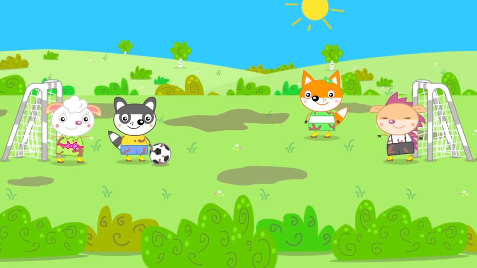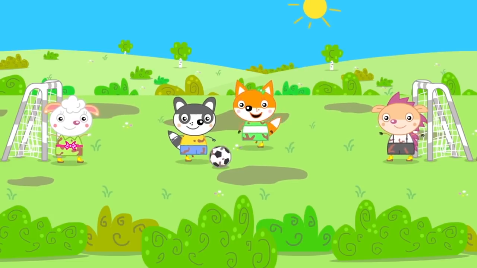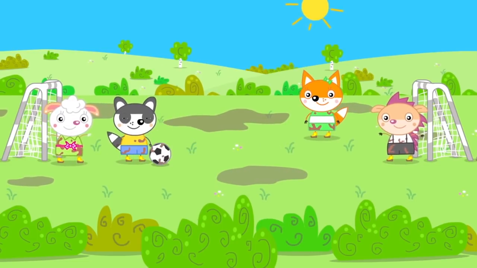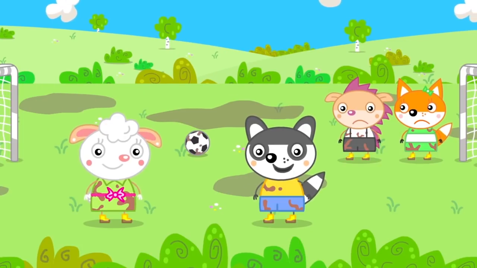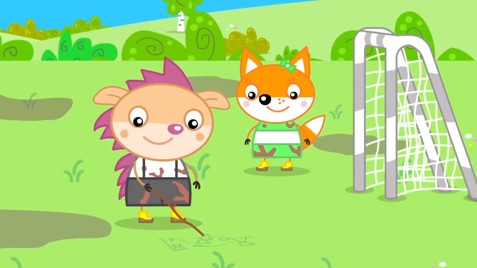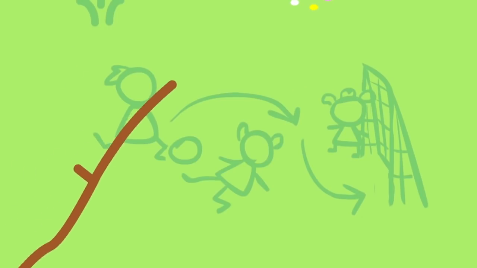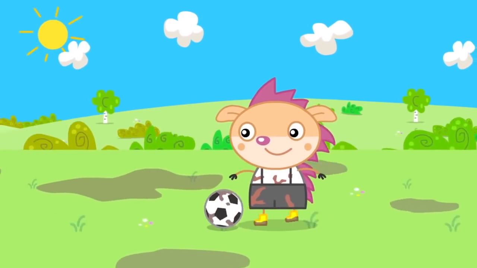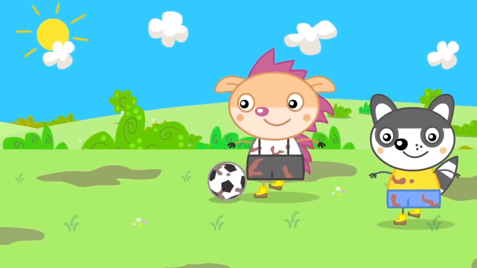Mary is very enthusiastic about the game. She hasn't even noticed that the dress got dirty. You are a great goalkeeper. Hedgehog Matt has a plan how to score a point. He's running to the woodwork, expertly passing round team, and...